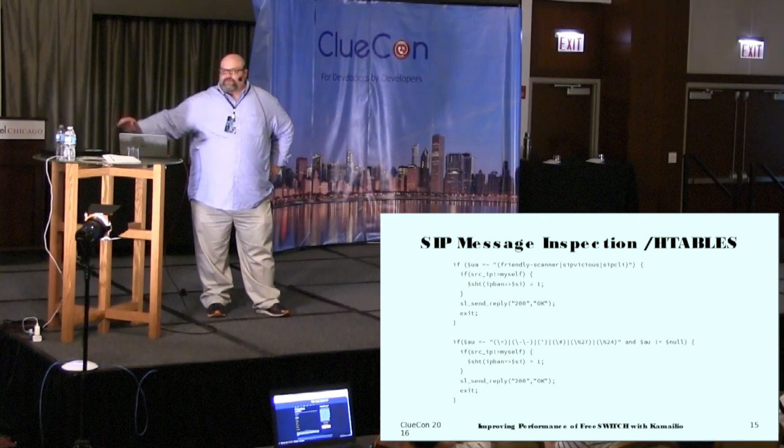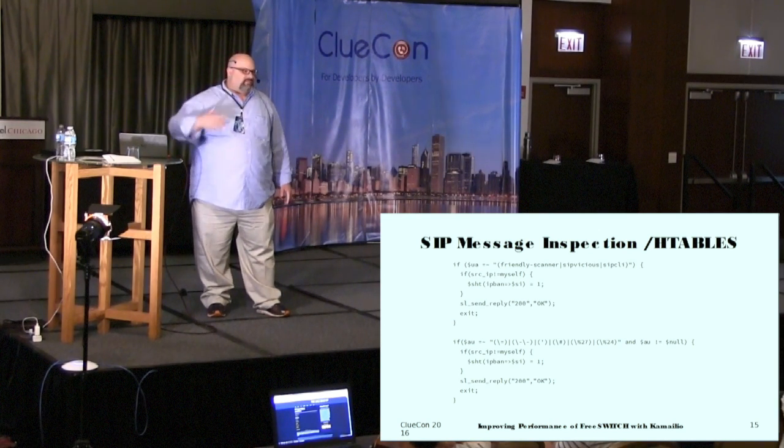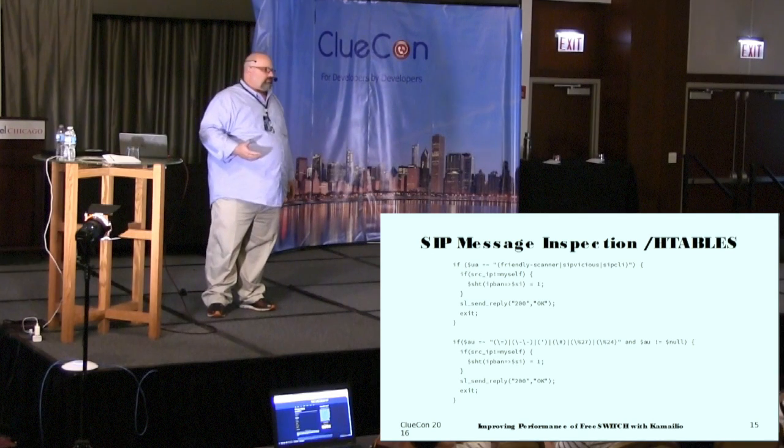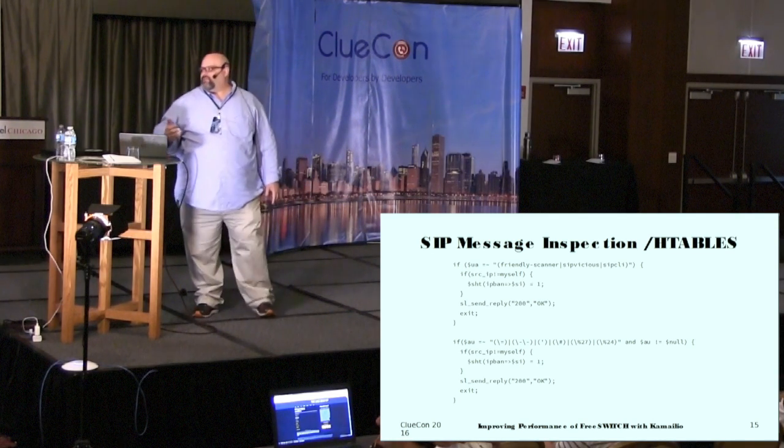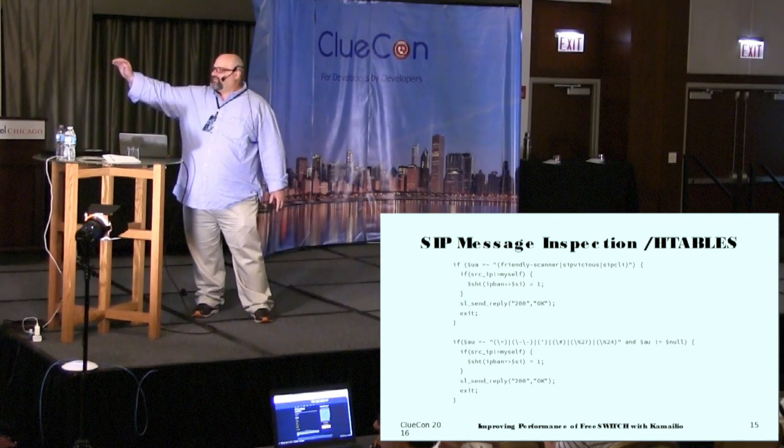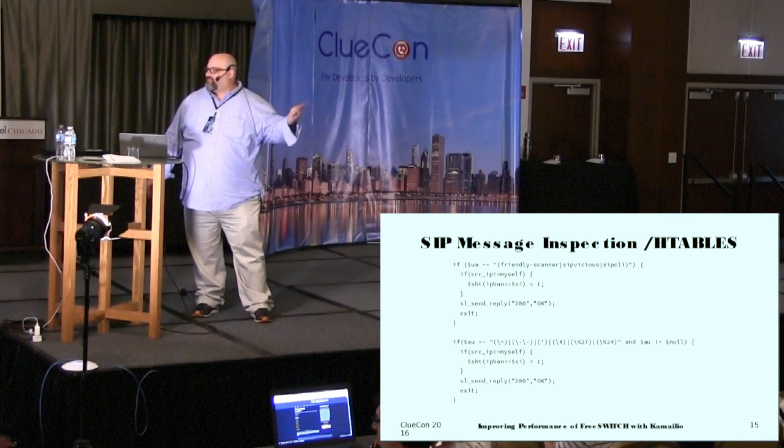Some of the ways that we do it within the config file, and again, this is an example of how the language works, and it makes it extremely simple, right? So here's just SIP message inspections. On this one, I'm going to use a combination of just looking at that and H tables. On the first one, if it says friendly scanner, SIP vicious or SIP CLI,